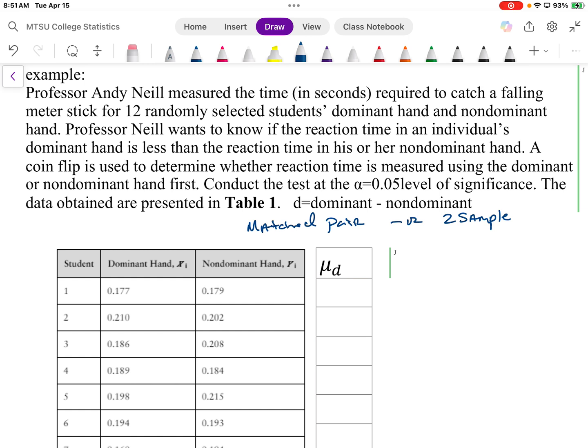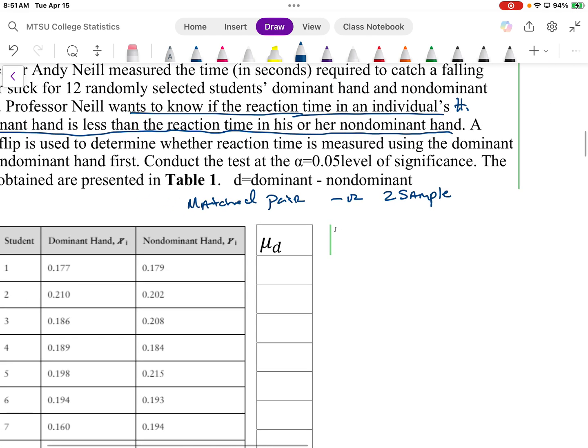As we do this, Professor Andy Neal measured the time in seconds required to catch a falling meter stick for 12 randomly selected students, dominant hand and then their non-dominant hand. Professor Neal wants to know if the reaction time in an individual's dominant hand is less than. So there's our alternative hypothesis, right there. He wants to know if the reaction time of the individual's dominant hand is less than the non-dominant. So as I think about eventually writing my test for my null hypothesis,